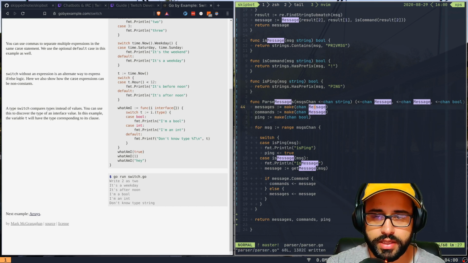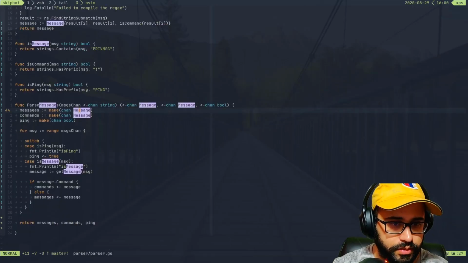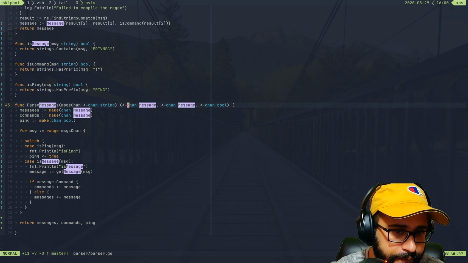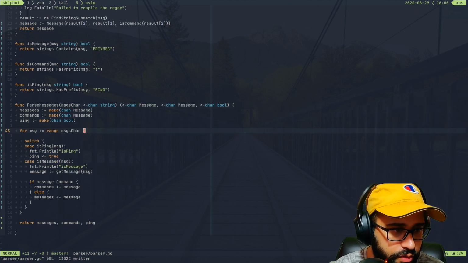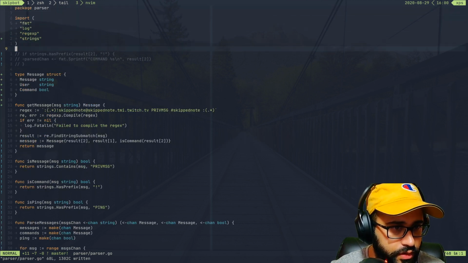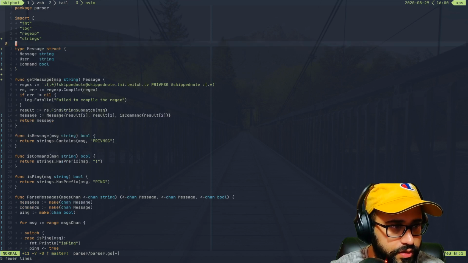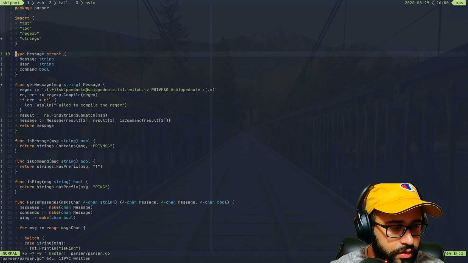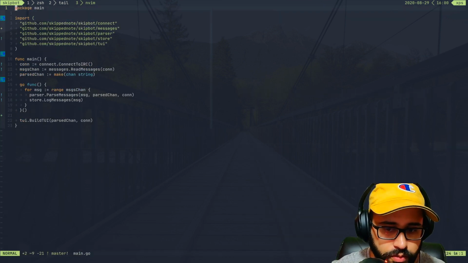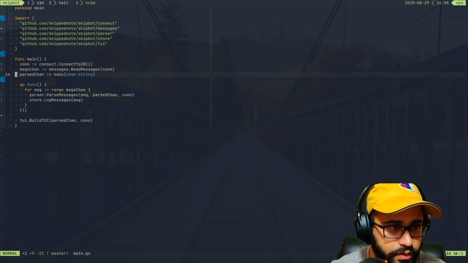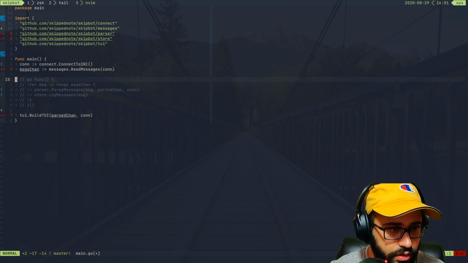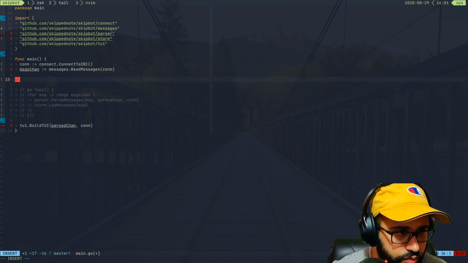All right, so this has been refactored a little bit, so let's make this bigger. The signature doesn't look right at all, but yeah, I think it should do the job for now. Still better than before. So we didn't do any of this, so we can get rid of this. Okay, so we have parse message. So let's go back to our main.go. We don't need this parse chan. I think we can get rid of this, and what we'll get is